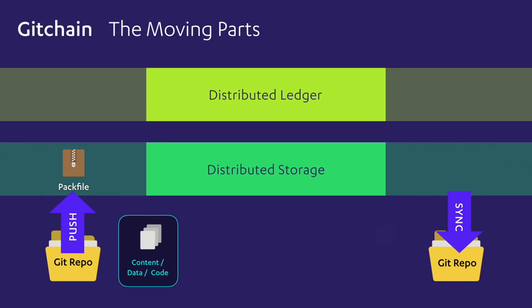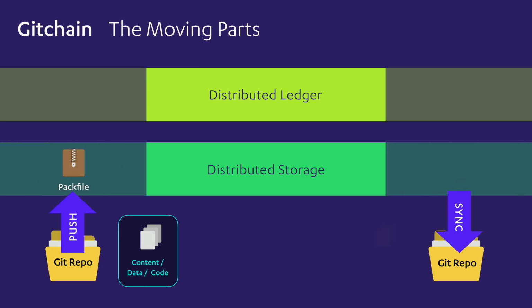So in the Git protocol, or the Git software that the protocol and most people use, every single change is stored in the folder structure in some way, but that's a very inefficient way of moving large amounts of things around. You have to copy 4,000 files or 40,000 files. So you can create something like a pack file, which is not all that different than a zip file, but it's in a way that's compliant to the way Git works and the way they want to be efficient in doing things like that. And once you have a pack file and you put it in distributed storage, that could be a shared drive, it could be on the cloud that you can access, or it could be in a distributed file system like IPFS or other kind of blockchain-driven storage system.